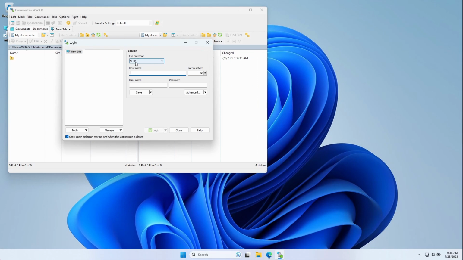With WinSCP, one important thing is to select your file protocol. So here I have SFTP by default. You want to switch this to SCP. Then for my host name, I'll type the name of my Bacon server, in this case demo.baconunlimited.com. Port 22 is fine. Then my username